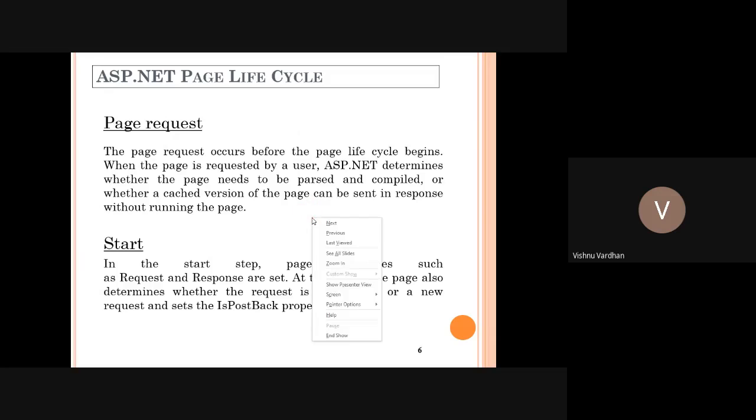So before you access the same page again, .NET determines whether the page is already there, and whether it is available in the cache or not. If it is not there, then it has to be parsed and compiled. So these decisions will be quickly taken before the request is sent to the web server.